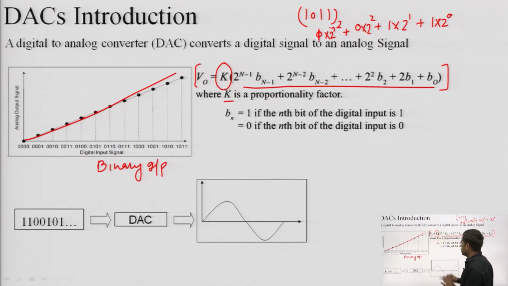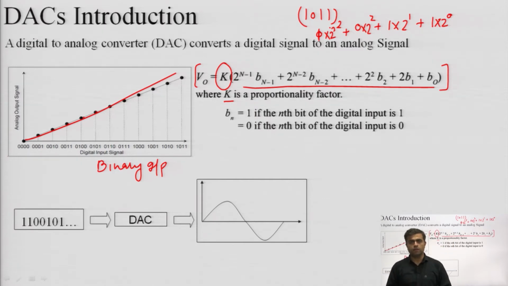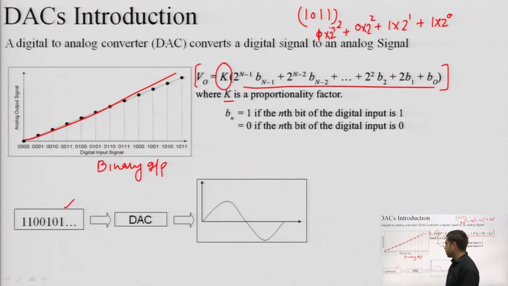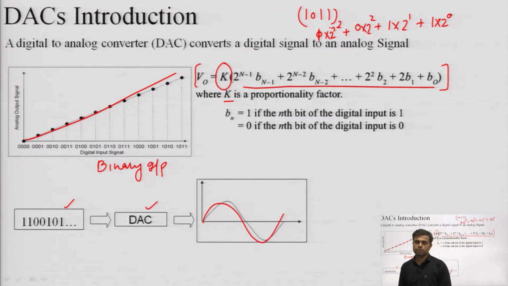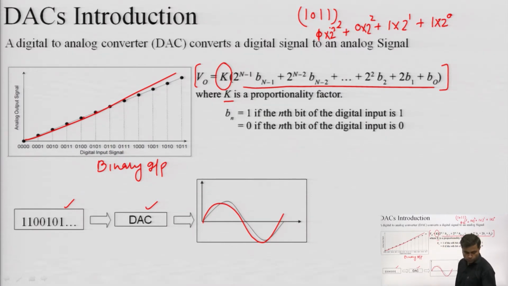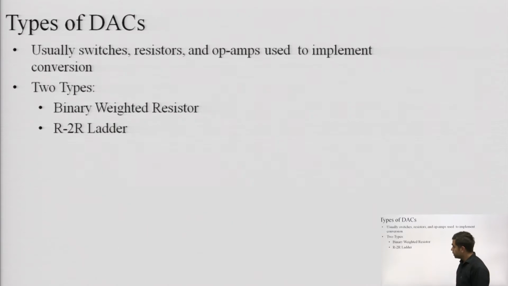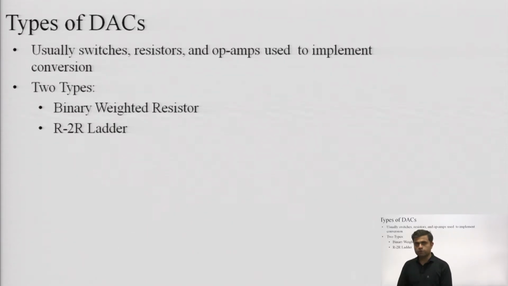So this is the basic how we are going to convert digital to analog by following the principle of binary to decimal conversion. Okay. So this is the binary data or digital data, it passes through DAC and we are getting a continuous waveform. So it is being termed as analog output. Okay. So this is the basic of DAC. Now let's go into the further types of DACs.